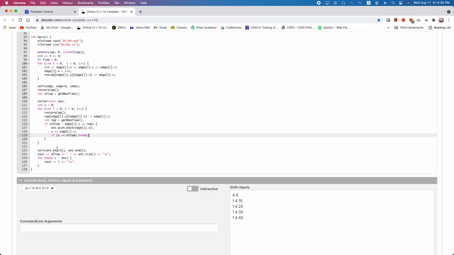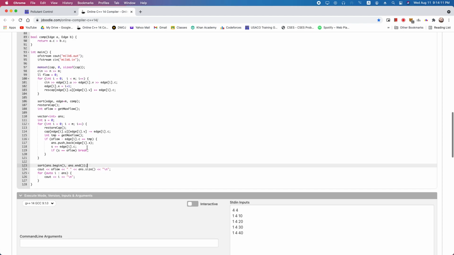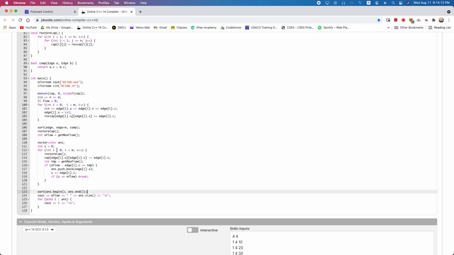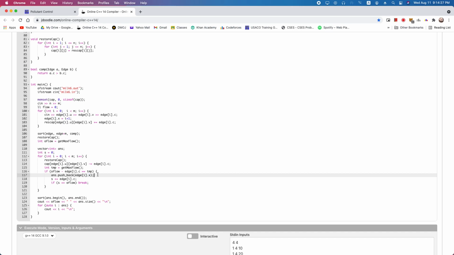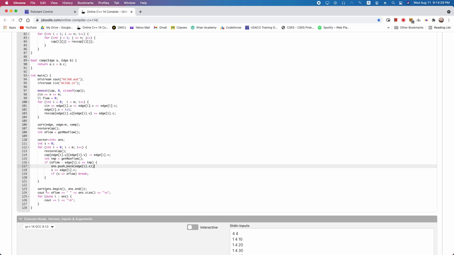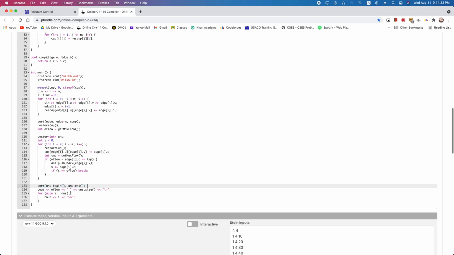And so after we reach the original flow, we will have everything in the answer, but here you have to sort the answer again, because we did a loop from 0 to n, but we've already sorted the edges once, and that's why I also kept track of the index of each edge, because it changes after we sort the edge array. And so here we sort this answer again according to the index of the edge,